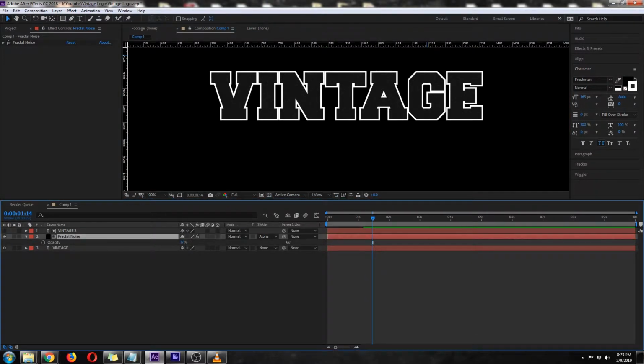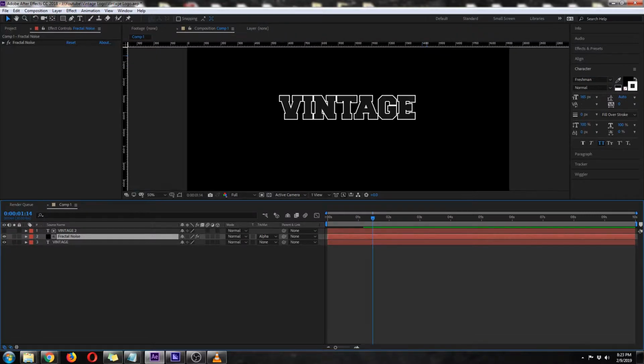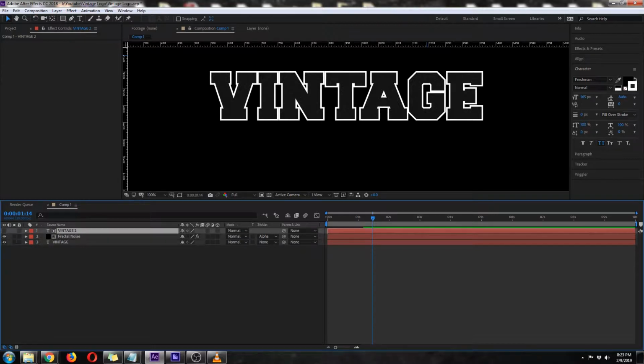And this fractal noise isn't animated or anything, so it's static. This won't be moving at all. But it looks like it's got kind of a gritty texture to it a little bit. And I think that's all we're doing